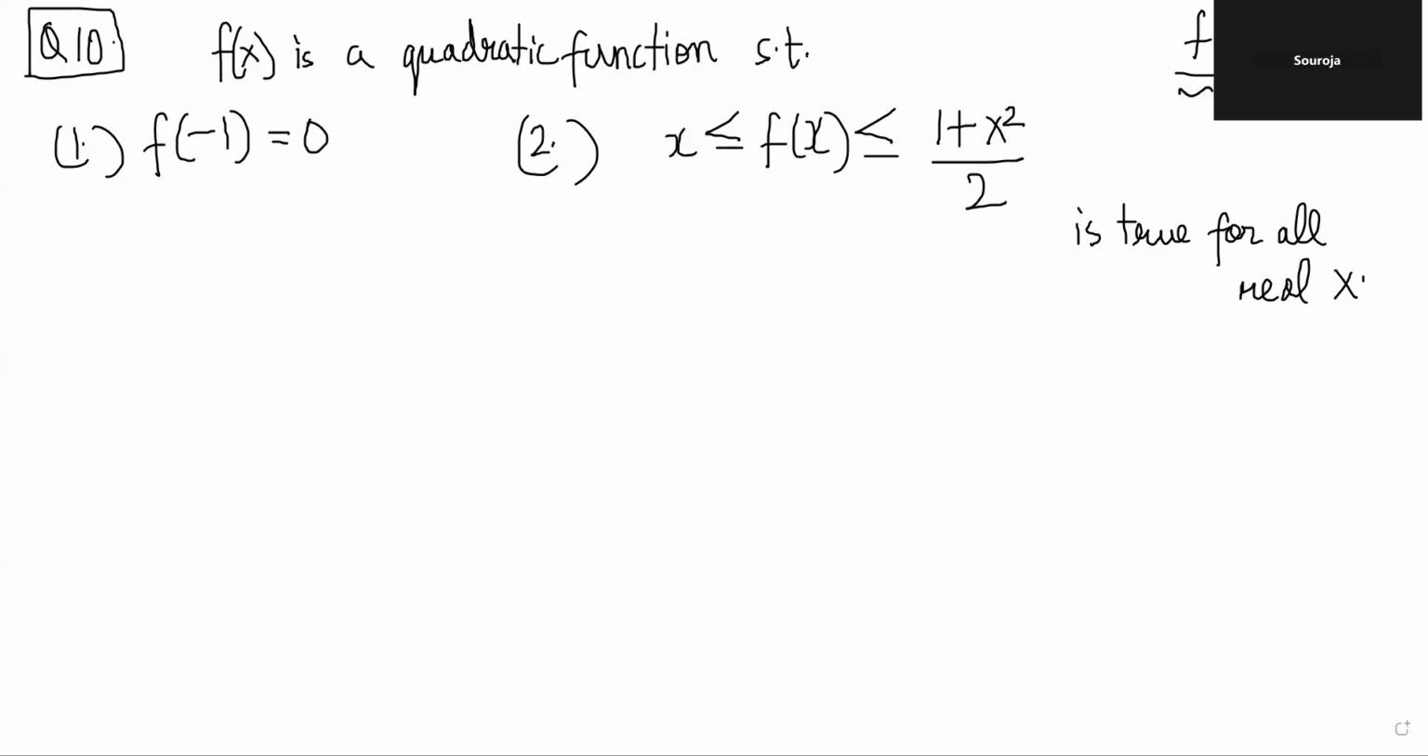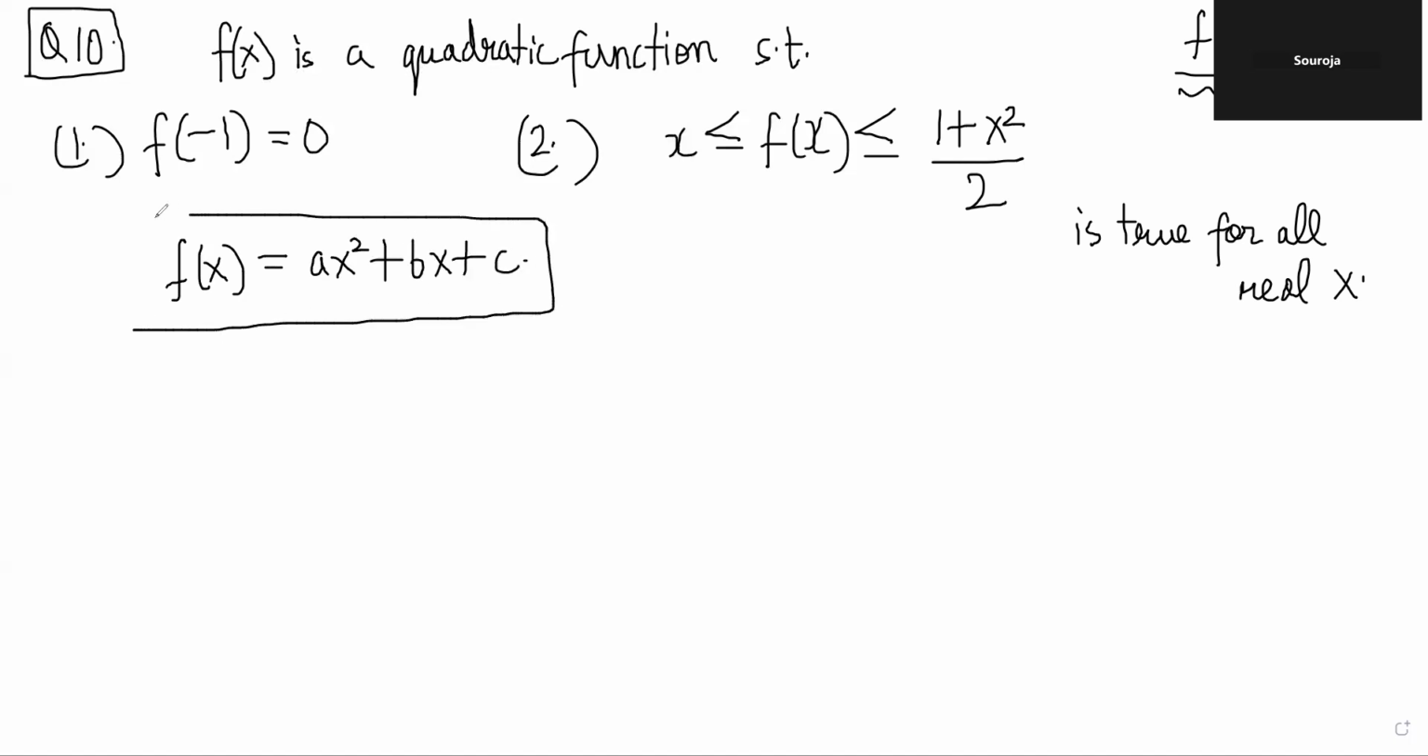So we have to find f of x. We know that it's a quadratic. You should take f of x as a general quadratic ax squared plus bx plus c, right? Our job is to find a, b, and c, correct? The information that you have is that f of -1 is 0. So if you put -1 into it, one piece of information you have is a minus b plus c is 0,